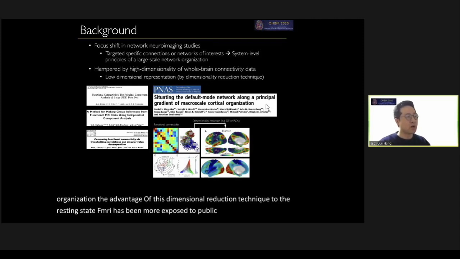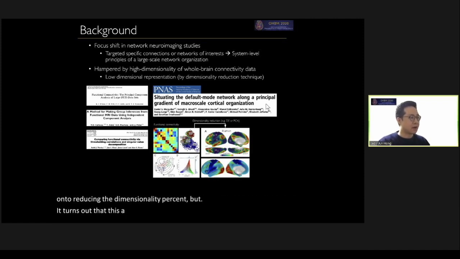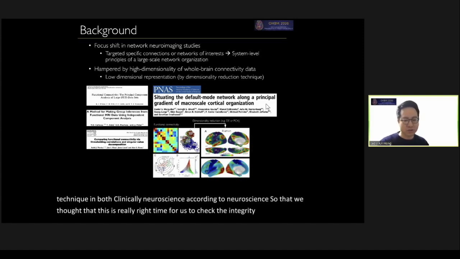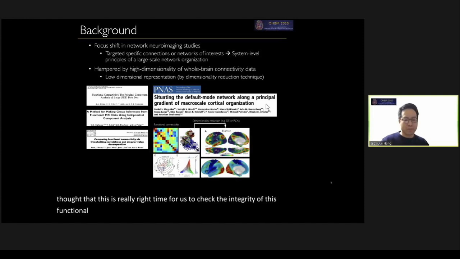Because it's not just sticking to reducing the dimensionality per se, it turns out that this functional gradient can recapitulate an important neurocognitive axis that was already proposed by other pioneering researchers such as Mesulam in 1998. After this paper, many recent papers started to use this technique in both clinical neuroscience and cognitive neuroscience, so we thought this is really the right time for us to check the integrity of these functional gradient features. So recently, we made